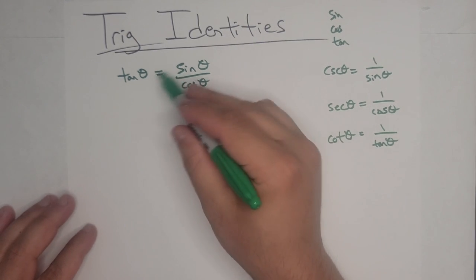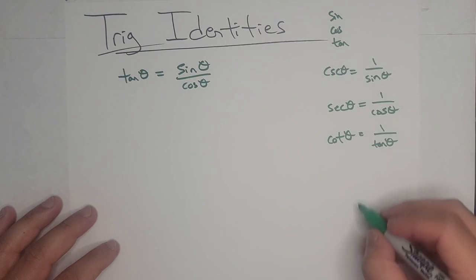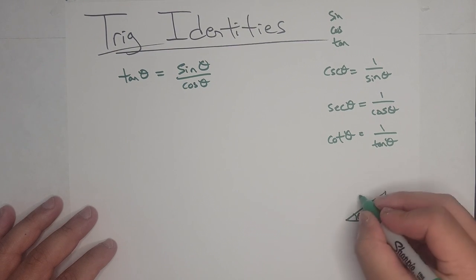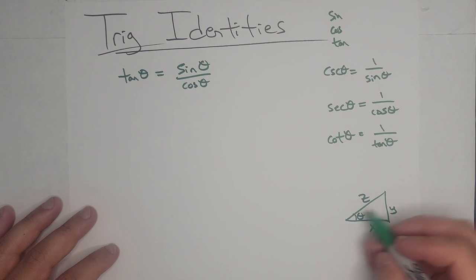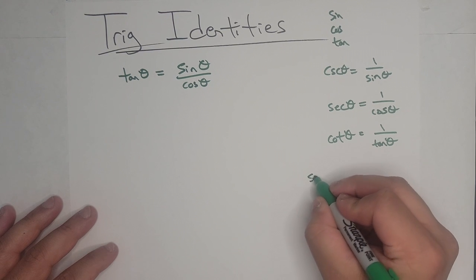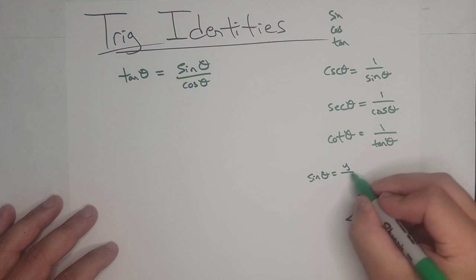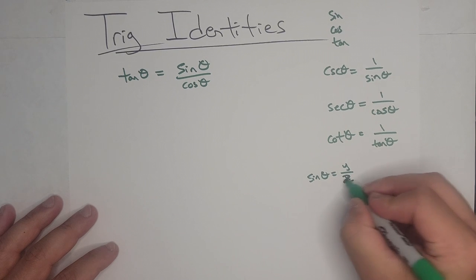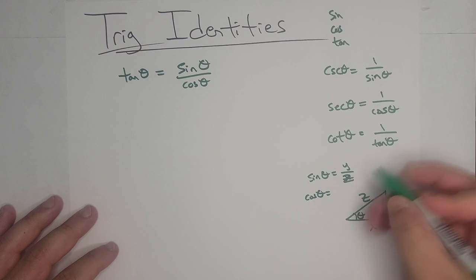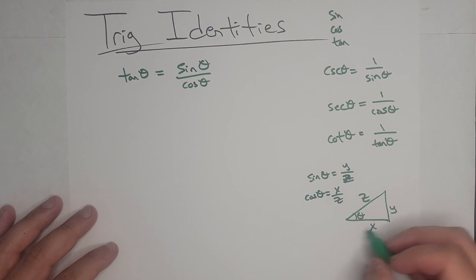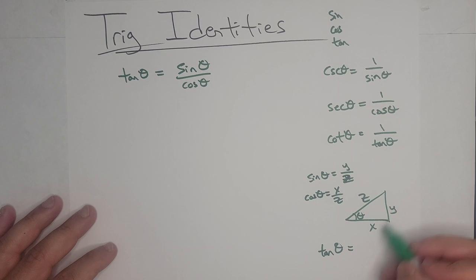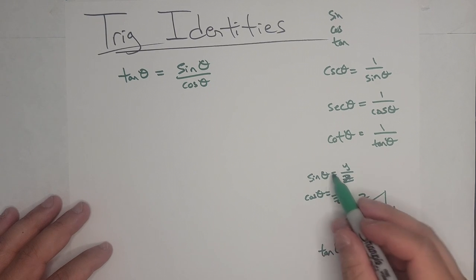So why, we can actually prove this if we have a triangle, right? Theta, and let's call the sides x, y, and z. And if we were to write this out, we have sine theta is equal to y over z, opposite over hypotenuse. Cos theta is x over z. And we have tan theta is equal to opposite over adjacent, so y over x. So if we were to divide these two,